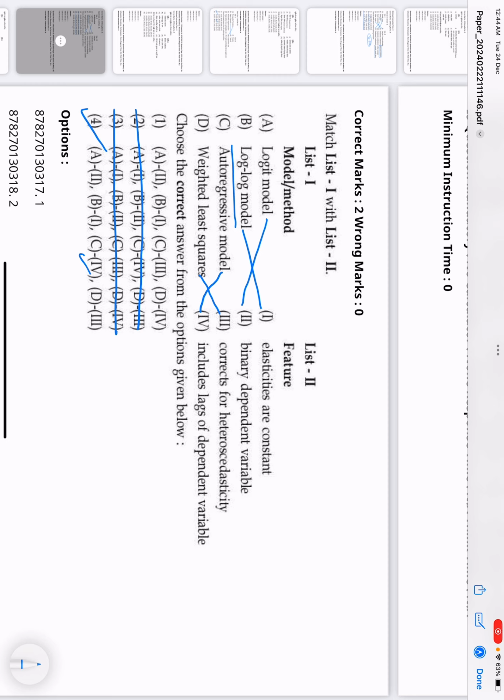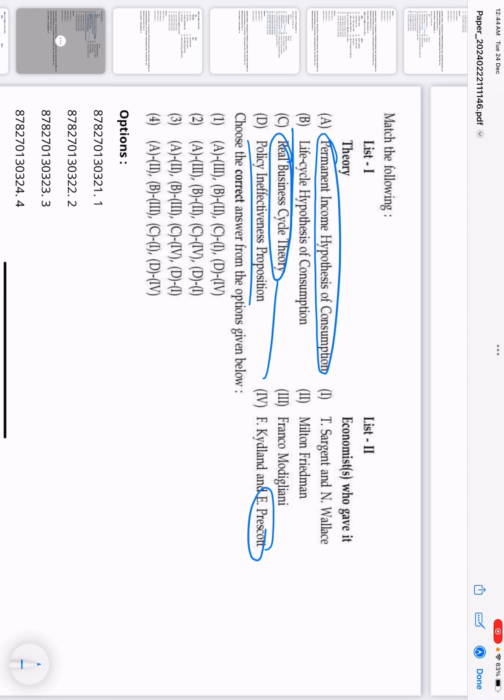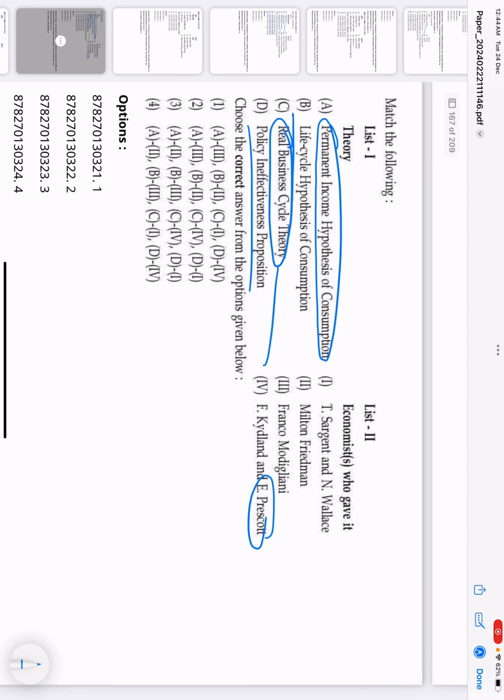So we have this. Okay. So if you have heard about the permanent income hypothesis, life cycle hypothesis, policy ineffective proposition, real business cycle theory was propounded by Prescott. So C is 4. C is 4. So we are left with only these 2 options. Then if C is 4, D is 1. Right? So we are left with